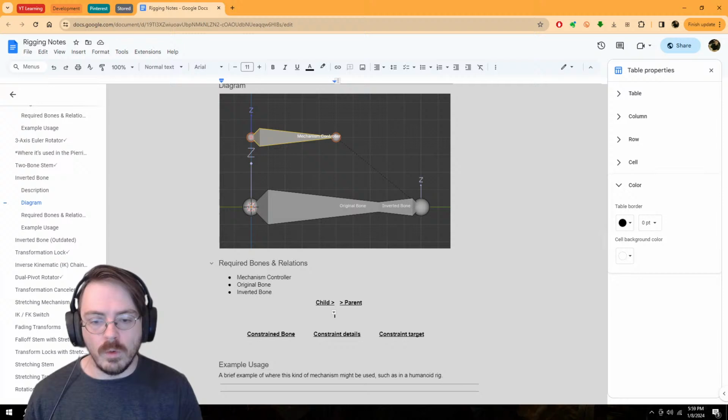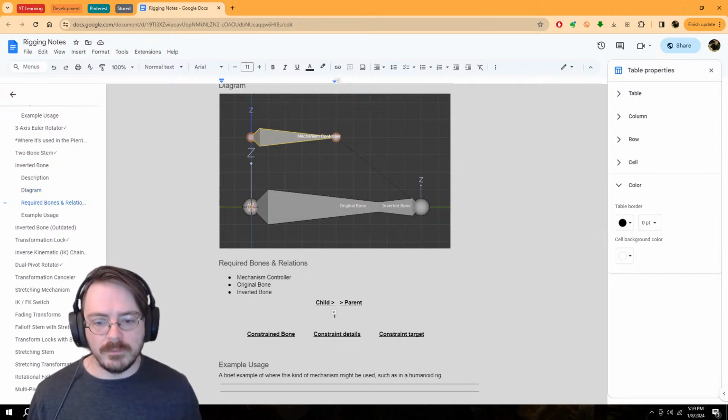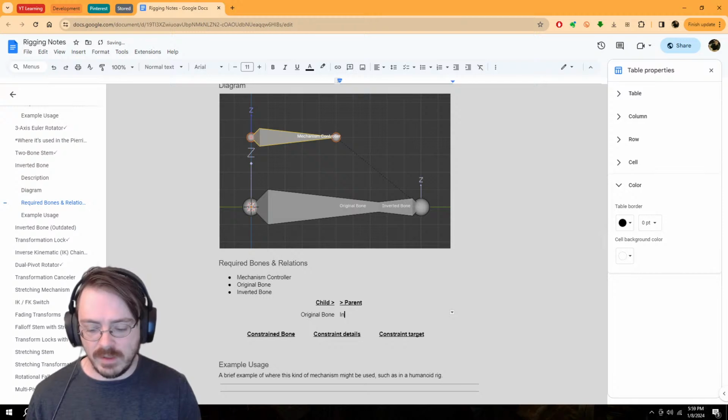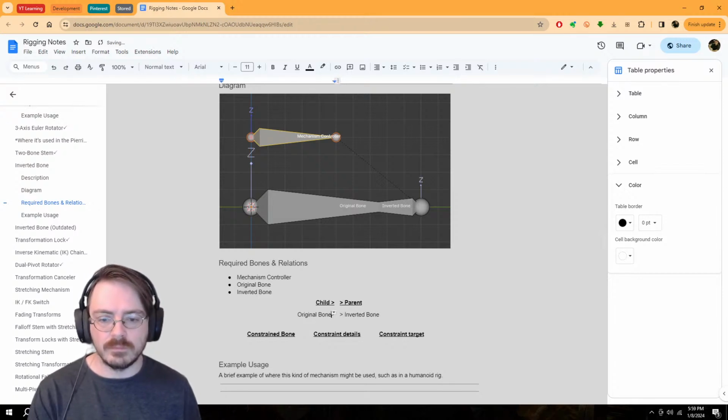So the original, oh, come on. Original bone is the child, specifically of inverted bone. And let me, there we go. Original bone, inverted bone.